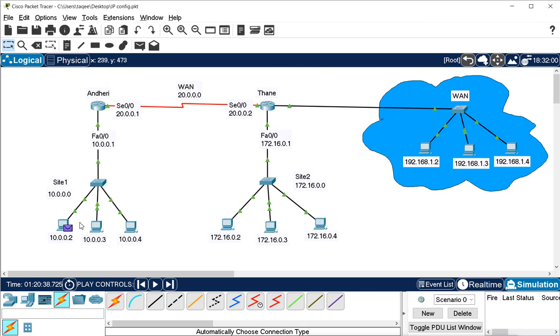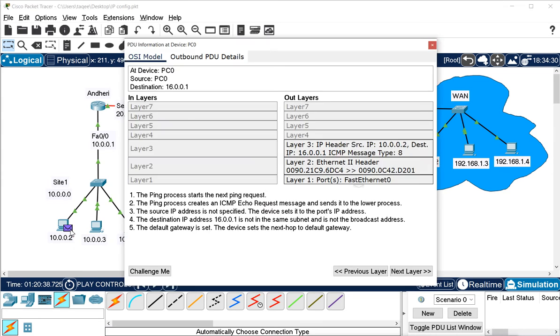When you hover the mouse, it says it is an ICMP packet. When you click on that packet, it will show you the details of that packet. It is the packet from PC0, and this is the destination IP. Outgoing layers, because right now the packet is going out, so incoming is not there.